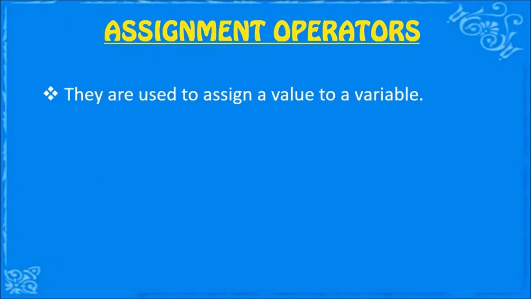The next topic is assignment operator, and it is used to assign a value to a variable. This is one of the most commonly used operators in Python, and it is used to assign the value on the right hand side to the variable on the left hand side. The example is a equal to 10. We have seen this previously when I explained the input function. Here a is equal to 10, that means 10 is a value and we are assigning the value 10 to the variable a, which is on the left hand side, and 10 is on the right hand side.